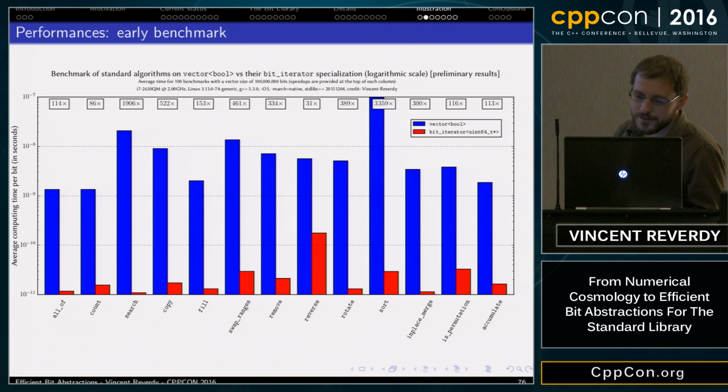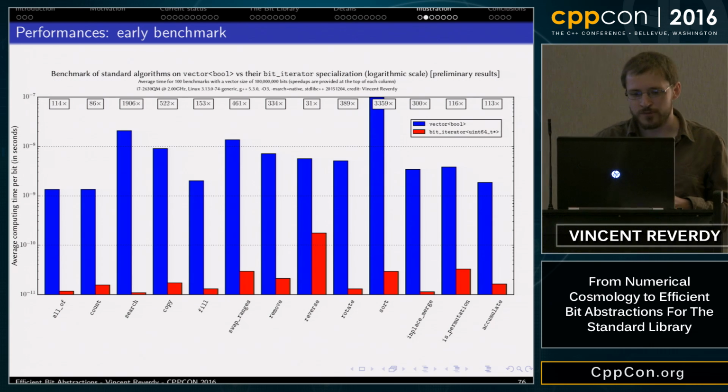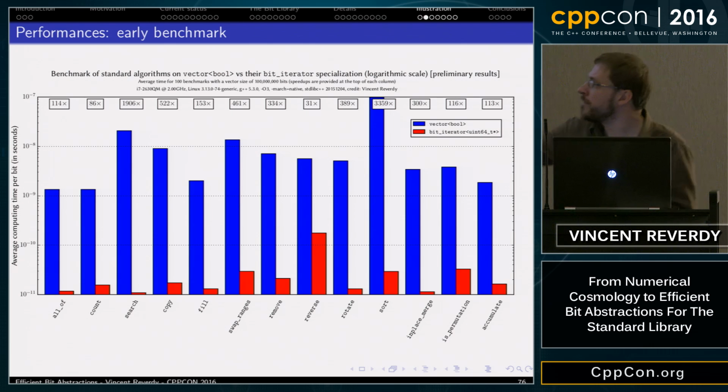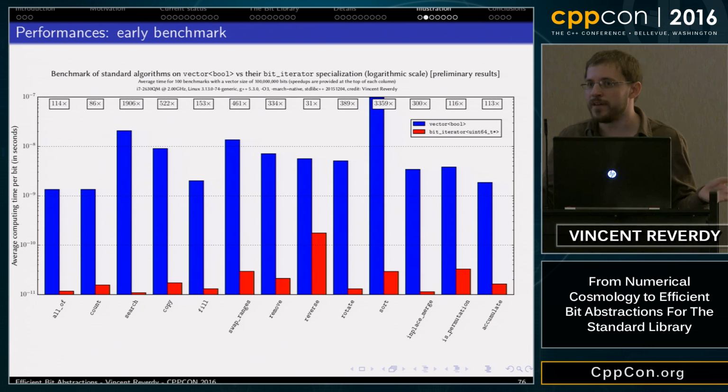So the kind of performance we can obtain is very, very good. In most cases, we have several orders of magnitude of improvement. For example, with popcount, with std::count, we have almost 100. With copy, we have 522. With sort, we have more than 3,000. Because when you know that you have only two values, you can just count the values and replace the underlying unsigned integer values by the number of 0s and 1s you have.